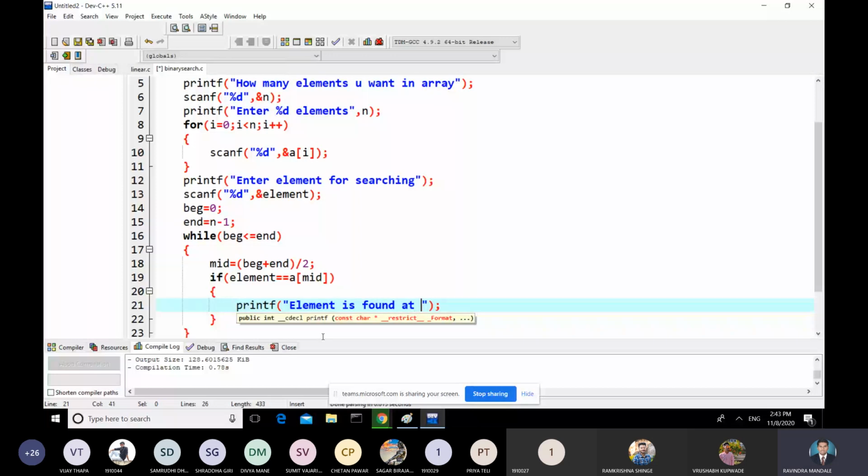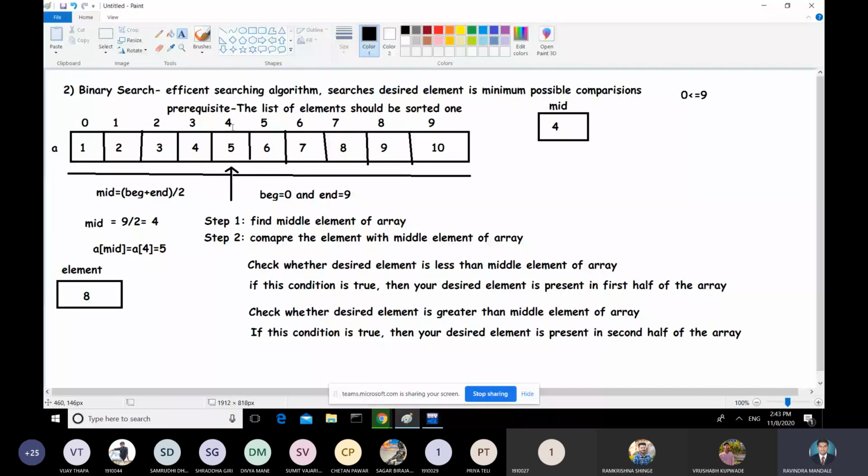Element is found at %d position. That means mid plus 1. Yes, mid is 4 and position is mid plus 1, so fifth position.